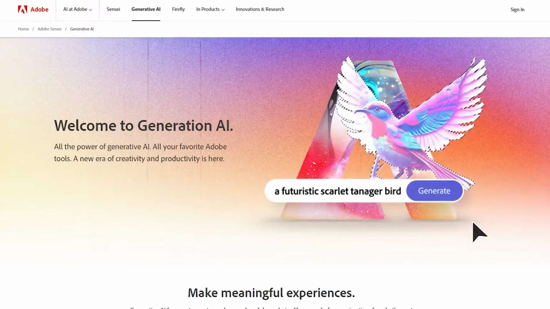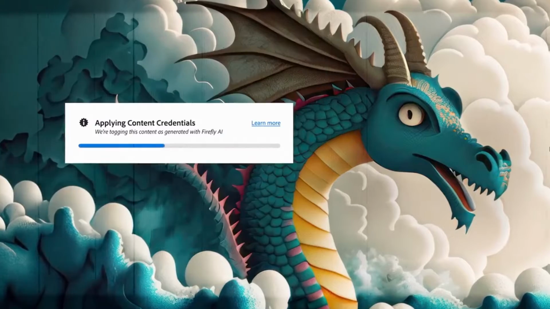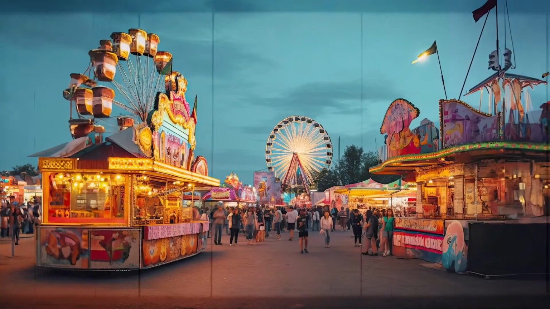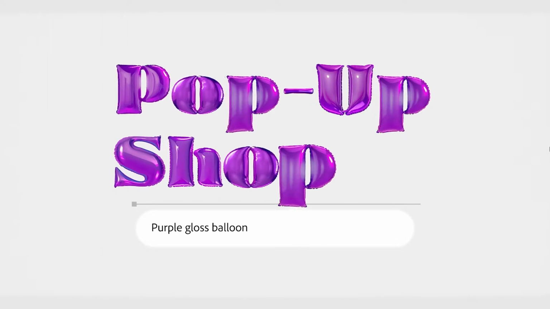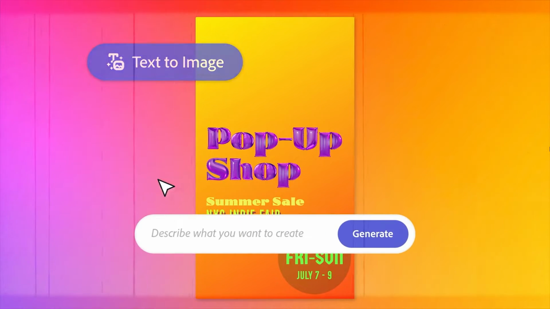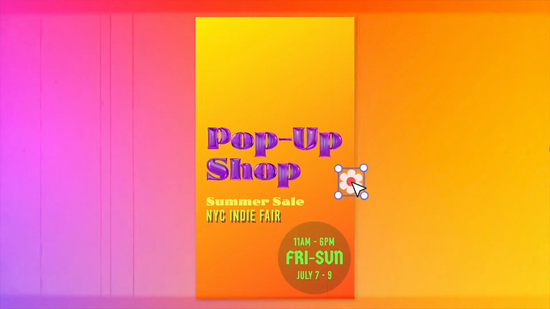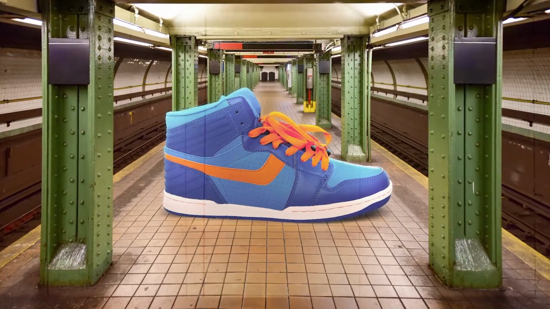Adobe Photoshop has introduced a new feature called Generative Fill, which uses artificial intelligence to add, remove, or expand content in images. This feature is designed to help users quickly realize their creative vision while providing complete control over the editing process. Generative Fill can save a lot of time by automatically creating realistic and stunning results that require minimal